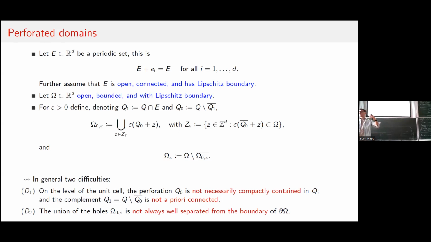normally what you have to do is also extend the functions outside of your domain omega. And even though we assume that omega has Lipschitz boundary, and also the holes have Lipschitz boundary, this might not be the case for intersections of the boundary of the holes and the boundary of the domain, right? You can easily think of examples where you get an ill-behaving boundary. So that's why we have to exclude them.